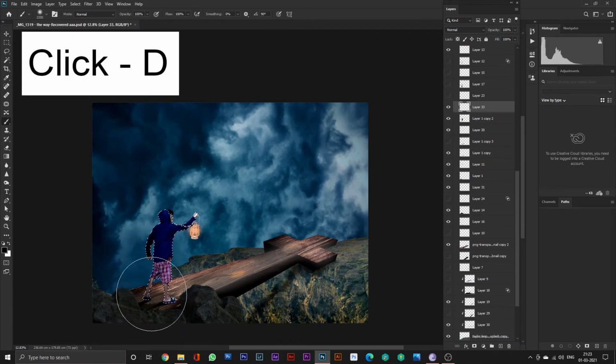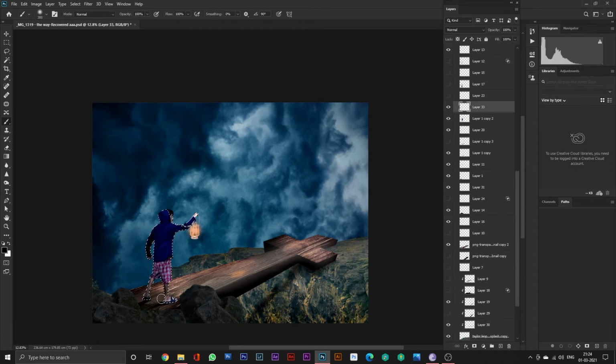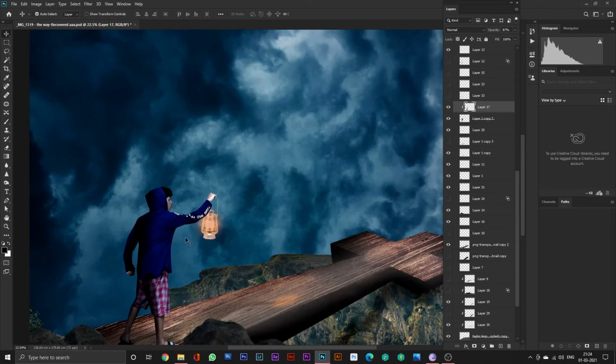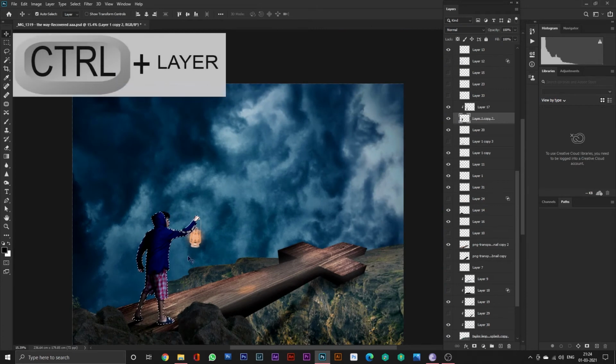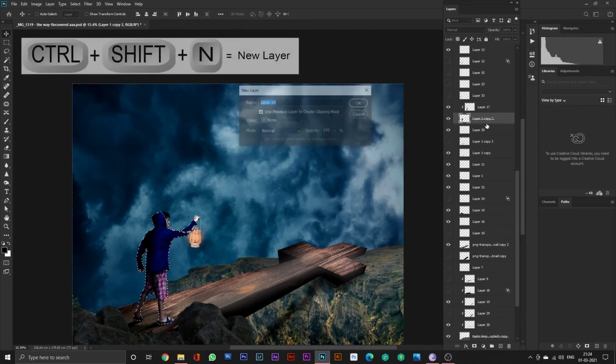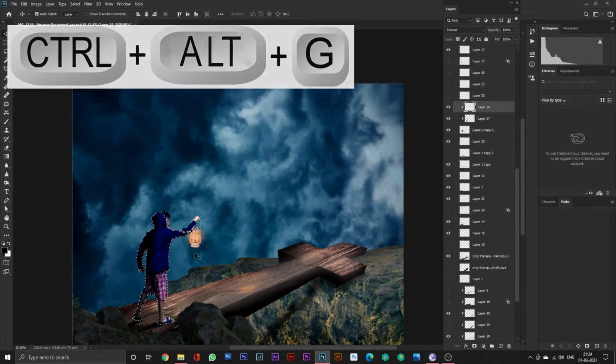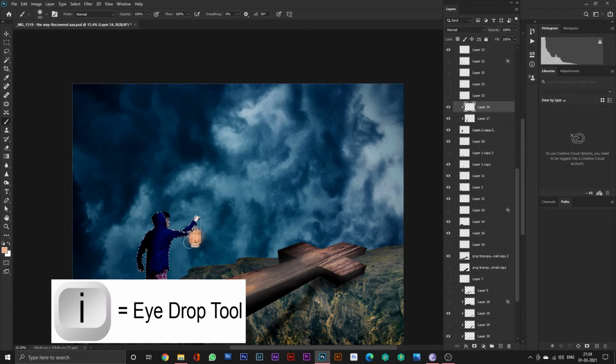I selected black, and there I painted a little bit dark in the back tone, and then in the front tone I set the lighting from the lamp. The lamp has an orange light, so the light is falling towards the character. So I set the lighting this way.